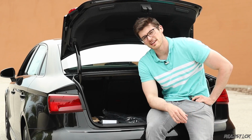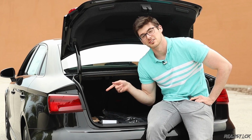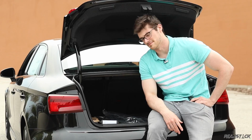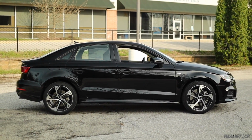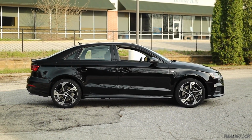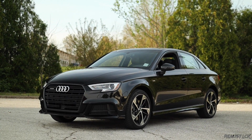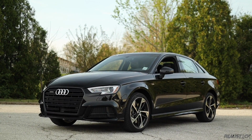I will have to say one thing, at least with the A3, you get a spare tire and not just some fix-a-flat kit. While I can see that this lack of space is a downside, some people liken this car to the old B5 A4 due to their similar dimensions. On the road, the compact footprint, torquey turbocharged engine, and sure-footed all-wheel drive might remind you of the old Audi icon. Behind the wheel of the 2020 Audi A3 is where it starts to show its age just a little